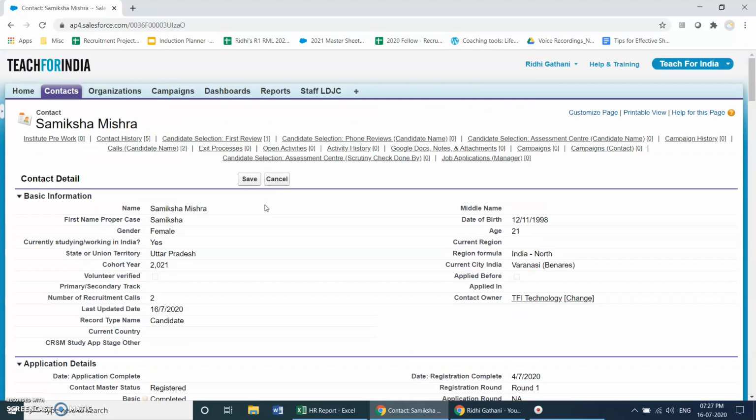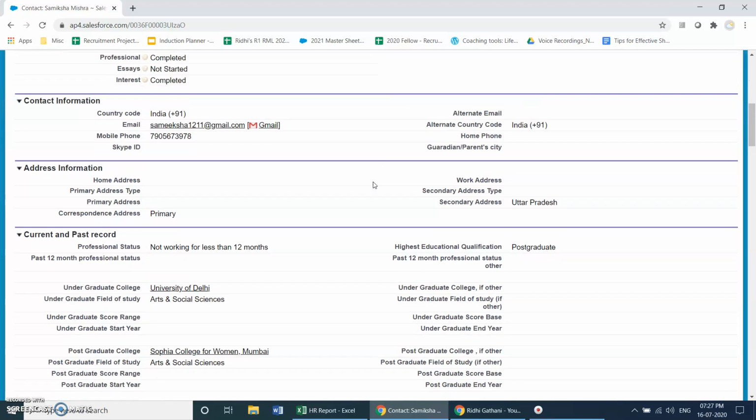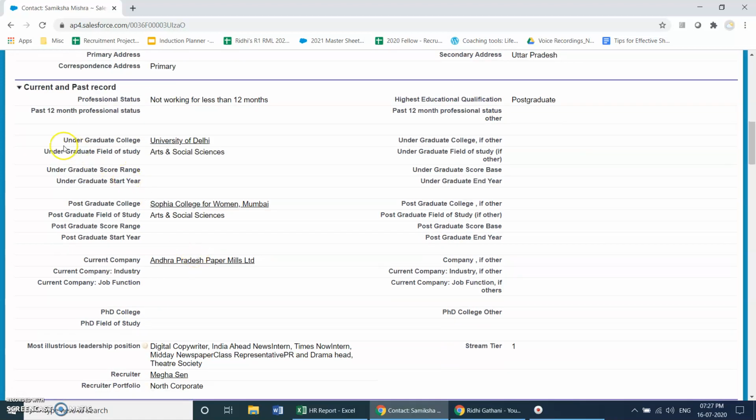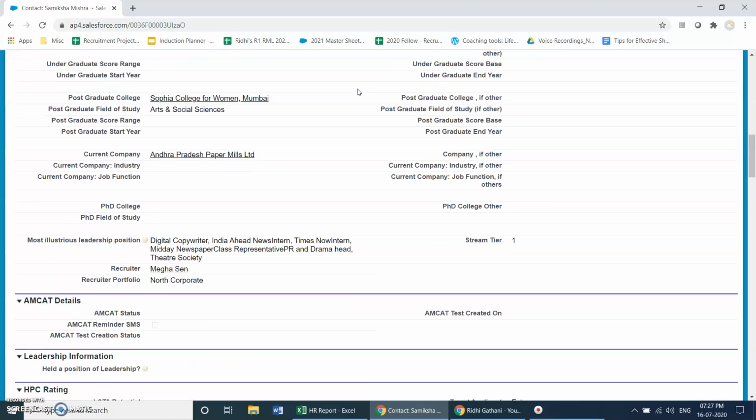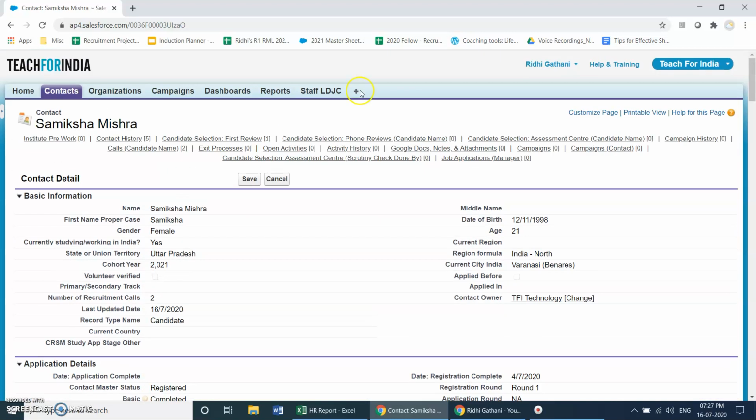So this is what the contact record is, guys. Just explore the contact record, because once you understand this, it becomes very easy for you to create your own reports based on which information you want. For example, you can filter people who come from undergraduate college equal to University of Delhi and have a report with only University of Delhi students. You can put these as fields in a table in a matrix report and create a report with people from different colleges. Understanding of these fields really helps you make great reports.